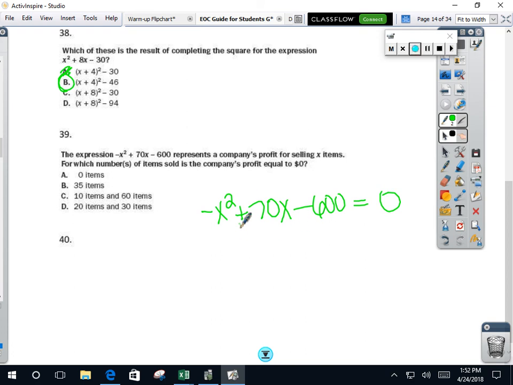-x squared plus 70x minus 600. And then once this parabola appears, or even if it doesn't, only part of it does over there in quadrant 4, go to the table and look for where you get a 0. It's going to either happen at 0, 10, 20, or 35. Which of those numbers does it happen? 10. So it's got to be C, 10 and 60. If you went on down to 60 on the table, it would also say 60, 0. Okay, I am now going to pass